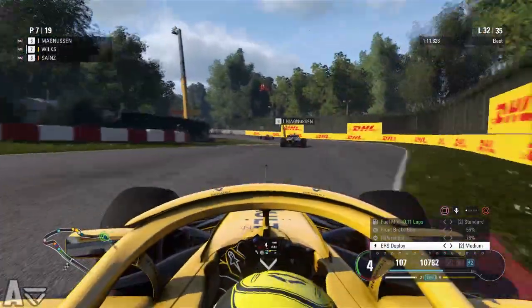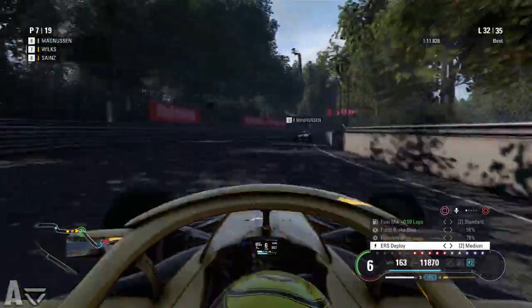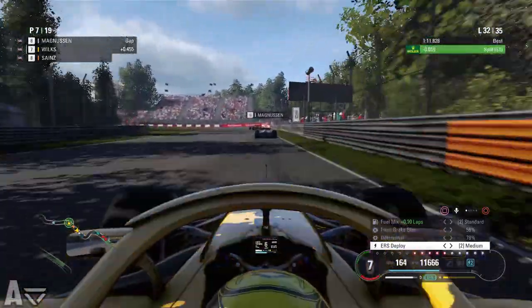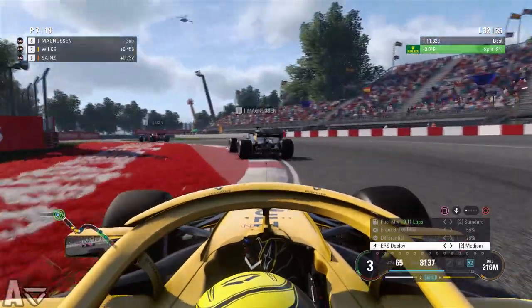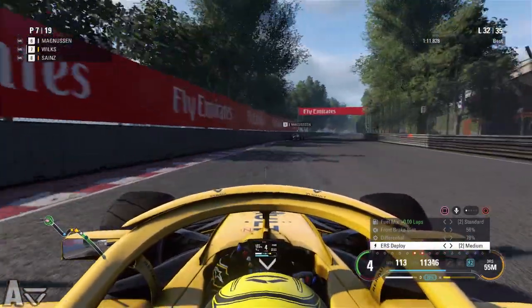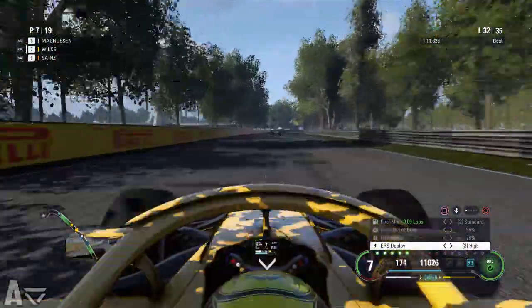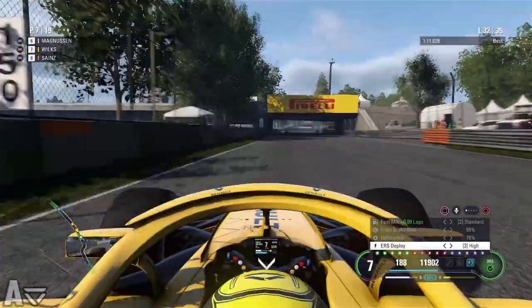32, 30, yes, 4 laps. Or by the time I've worked out how many laps it is, it's going to be 3.5, isn't it? Either way, we're behind Kevin Magnussen, and we now have DRS active. So I'm not sure whether he's going to get the DRS of Gasly, but regardless of whether we get DRS, we're not going to be challenging him, because that was a terrible exit off the start of the Sector 2